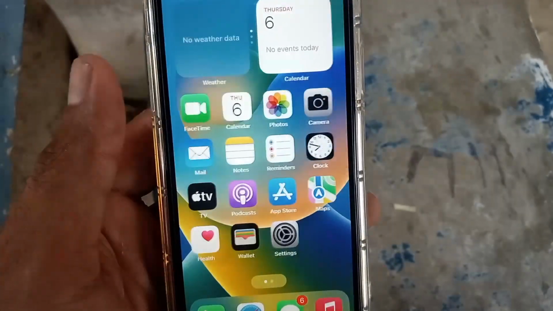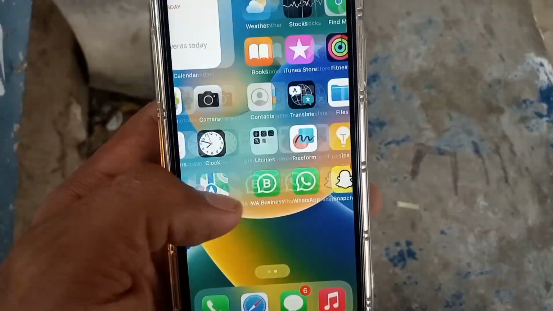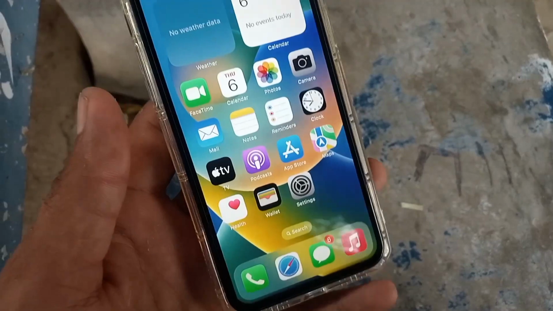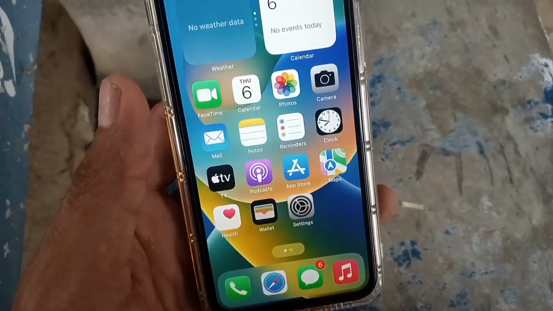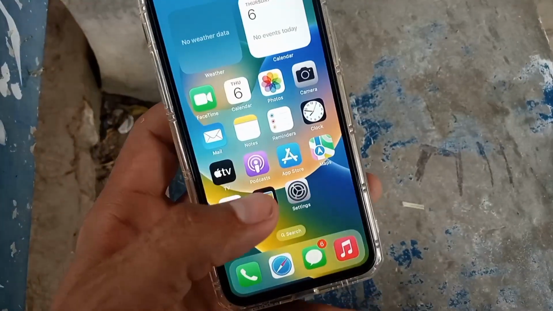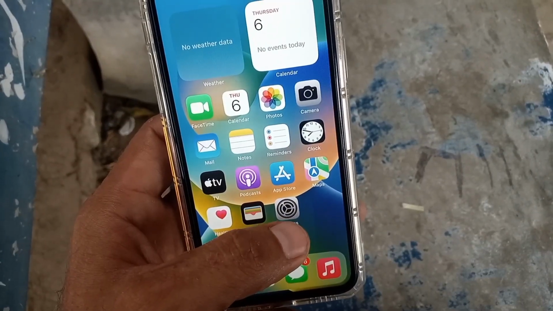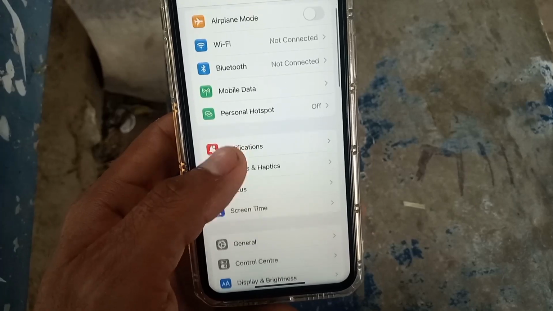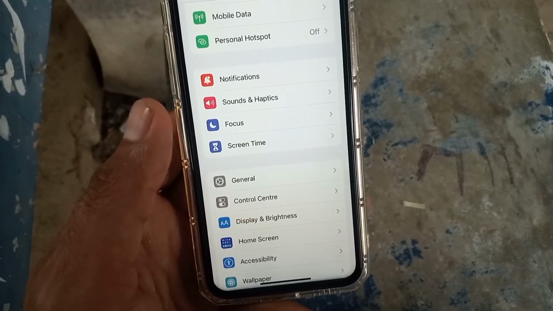This feature is available on any iPhone, no matter which iOS update or software update is running on your iPhone. First of all, simply open the Settings application that appears on screen. Tap on it here. Now scroll down. Tap on Screen Time